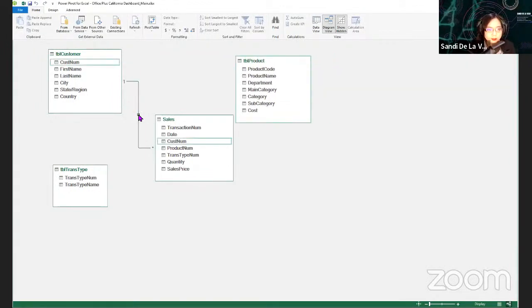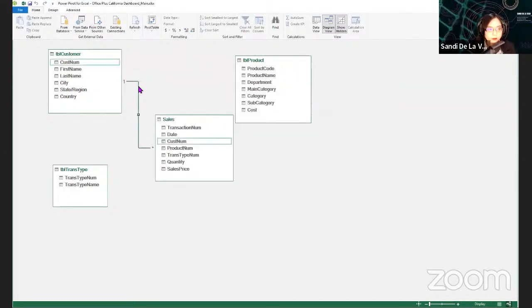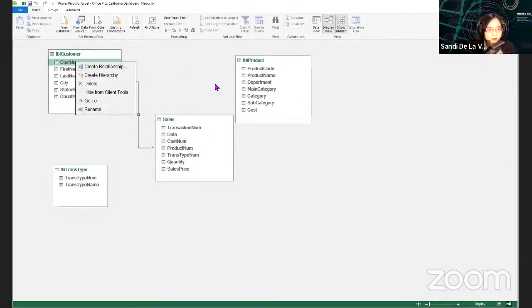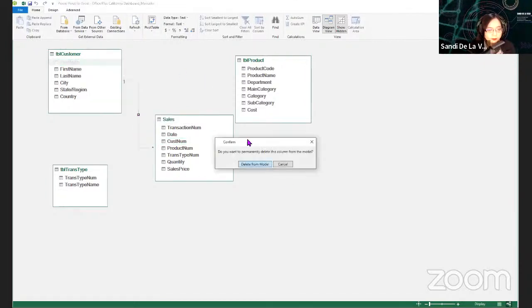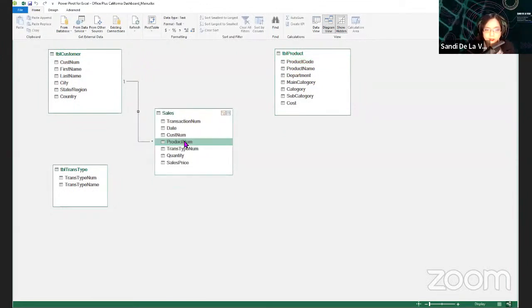So let me delete this relationship first. I can delete it if I made a mistake. Or if not, I can use another relationship such as the product code in the Product table. The closest one, I think, for the relationship between the Product table and the Sales is the product num and product code.